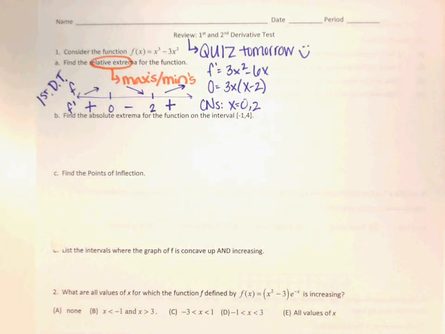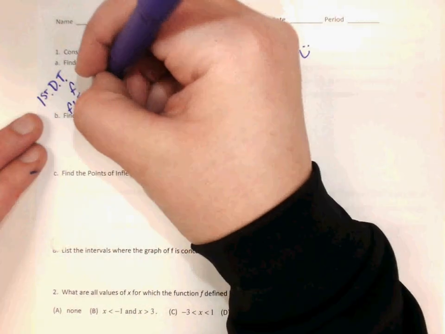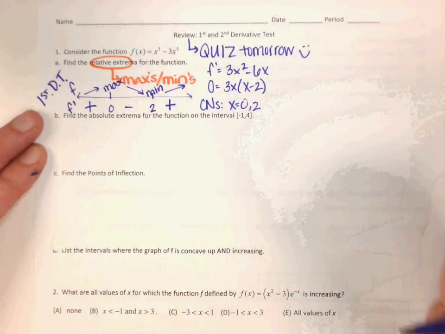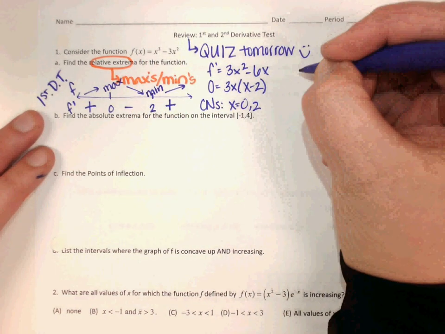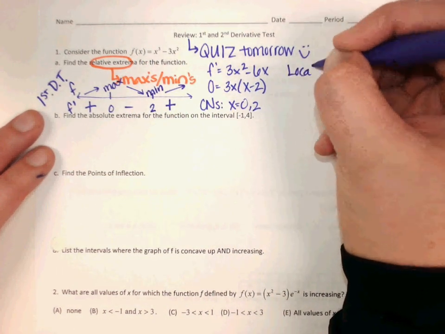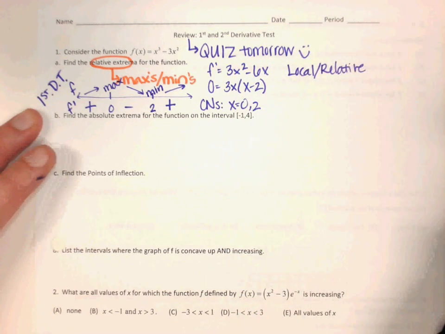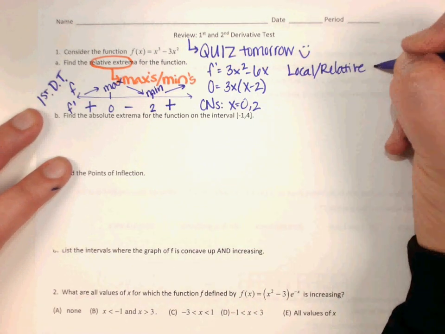So 0 is a what? Max. 2 is a min. What if there was no sign change? Neither. Very good. So I would say local or relative. I don't remember which word is on your quiz tomorrow, but you should know both. Max